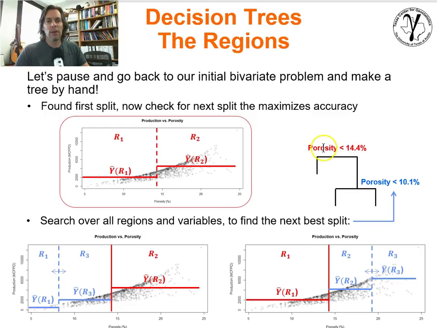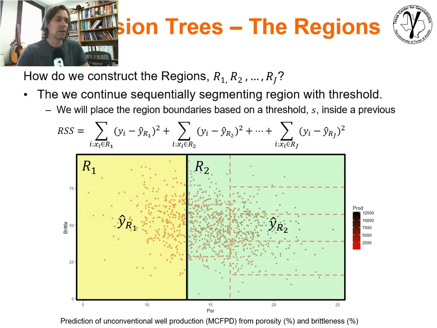And so now, in the case that we are less than 14.4%, meaning that this would be our region 1, we're now going to say that we should further split it. If less than 10.1%, we're now going to be region 3, this is region 2, and this would be region 1. And so we're actually building up a decision tree that represents the estimation model, and each one of these nodes at the end, without a decision, would represent a region within our feature space. That's it. We can do this over and over again, and we'll build a tree. Let's take a 2-feature example